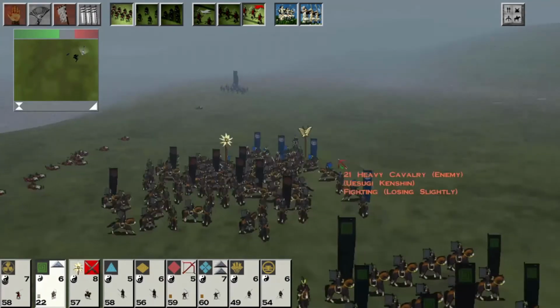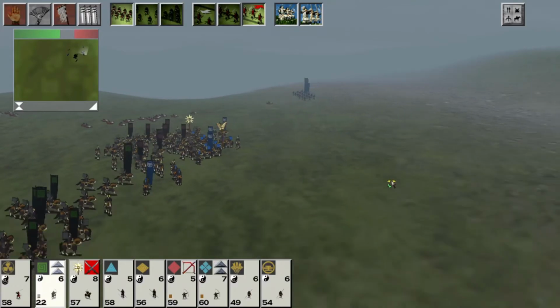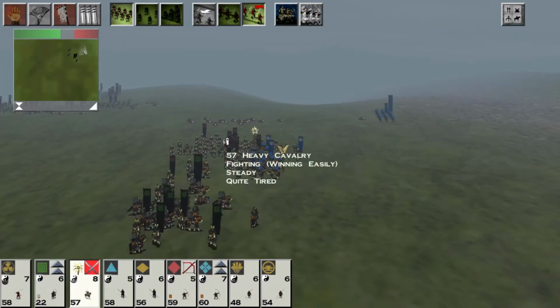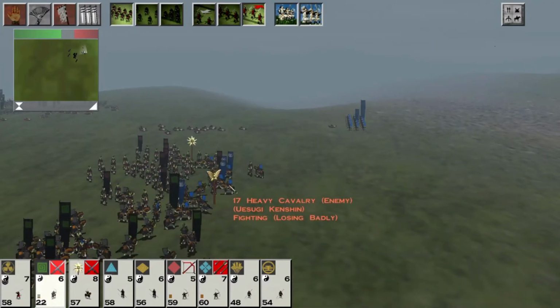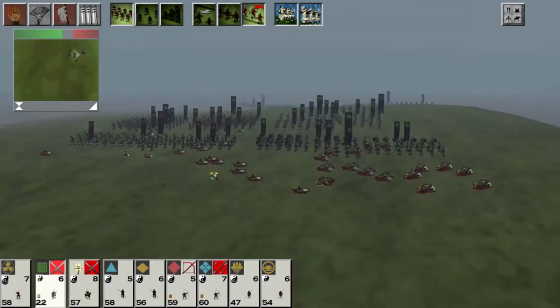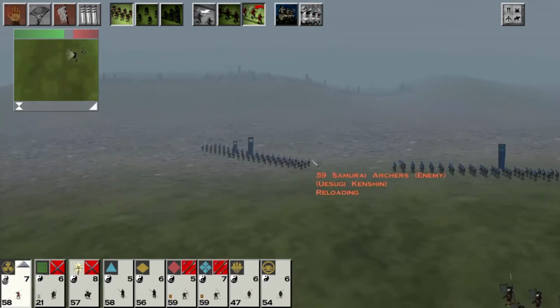Right now, I want to finish off Uesugi Kenshin. If I can get around him, that would be lovely. Right now, I have a really good advantage. 57 of my guys versus 17 of theirs. And if I can get my cavalry archers to help close that off and try to trap them in here, that'd be nice. Now, where are we looking? Okay, Nodachi Swordsman. Now, how are we going to do...